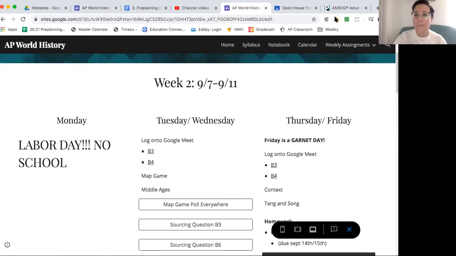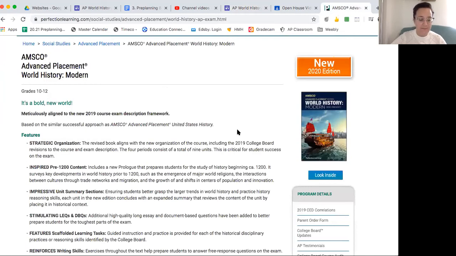And the last thing is a lot of times parents ask me, or students ask me, what study guide should I get? Helpful, it's the AMSCO Modern World History, which I have pictured up here on the shared screen. What it is, it kind of reviews some of the essential content. So it's a content review, and then at the end of all of the content, it has practice multiple choice questions, practice essay questions, your LAQs and your DBQs, and practice SAQ questions. So it's a review book / shortened content review,